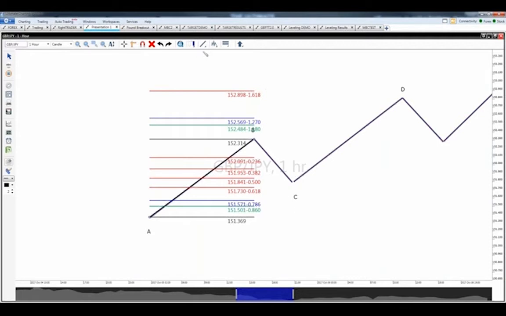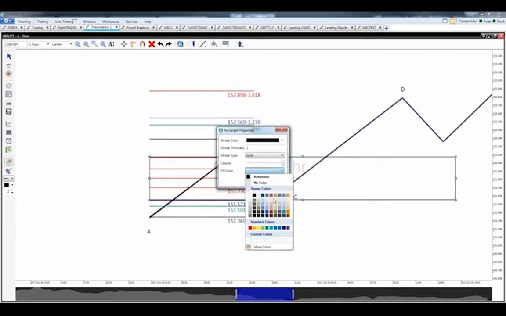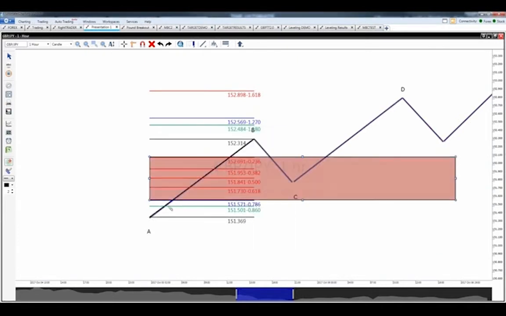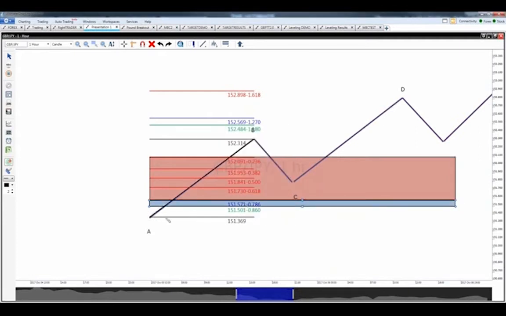So what I'm going to do real simply here, so you understand this concept before we go into the live market, is draw out 3 buy zones for you, okay? I'm going to draw out right here this first zone, which is going to be called my red buy zone. I'll shade this red to make it real easy for you to see. My next zone right here, I'm going to make my blue buy zone. Right here is blue. And then my last zone right here is going to be green.